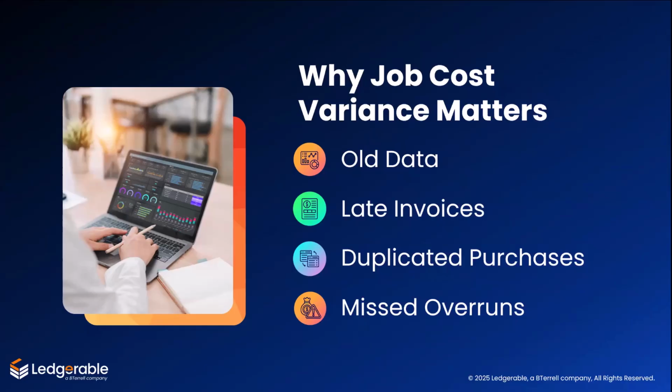The truth is, the overruns had been happening all along, little by little, but without a real-time variance report, they were invisible. If they had that visibility, they could have caught those overruns weeks earlier, cut back on rentals, and maybe even renegotiated with the subs. Instead, they found out too late and had to eat the loss. Luckily for them, after migrating to Sage Intacct and living in an integrated environment, they never had that problem again.